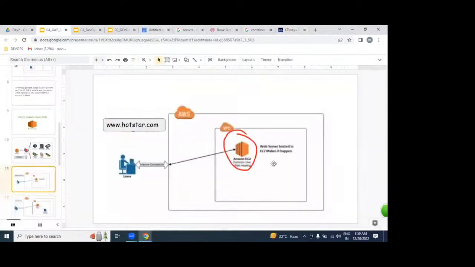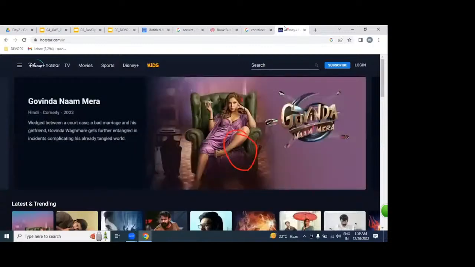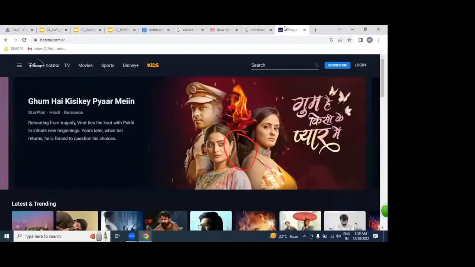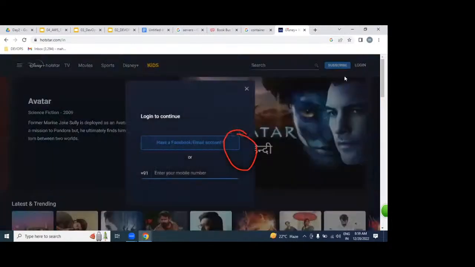Once it is placed, we can access it over the internet. Our job is finished, or not? We created the network, on top of it servers, and on top of that we placed our website. Done or not? But my question is, where can we maintain our customer information, mobile, email address, subscription information?